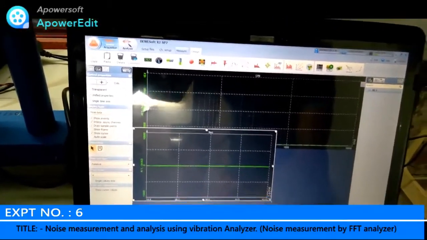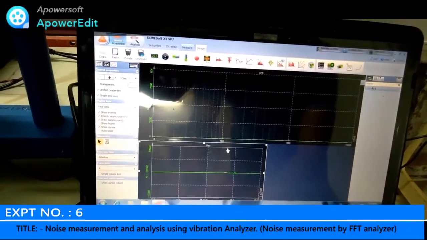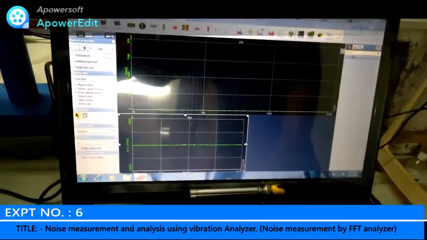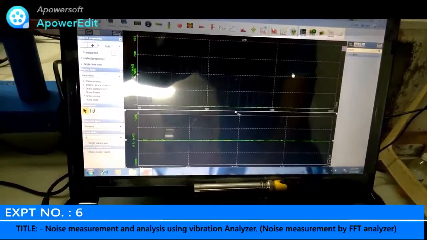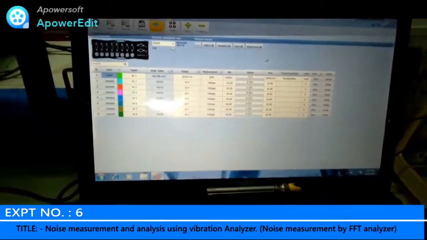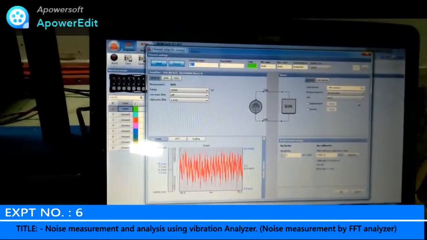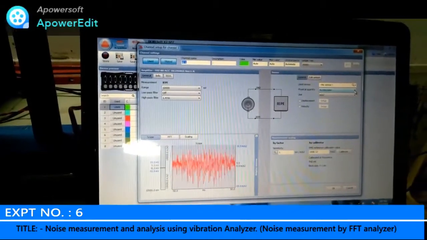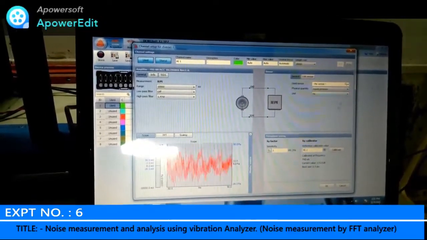This is the design of your setup through which we are going to get the readings. Now going to channel setup, we have selected the first channel. In setup, instead of acceleration we have to select sound pressure, which will be in Pascal.